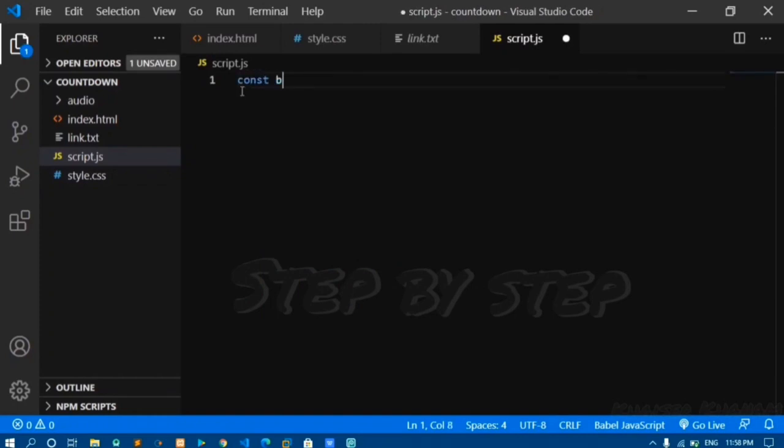Give constant birthday date. Give a date for your special ones. I'll give 20 October, and of this year, 2020 birthday. For this I have to count how many days are there and find out how many days,